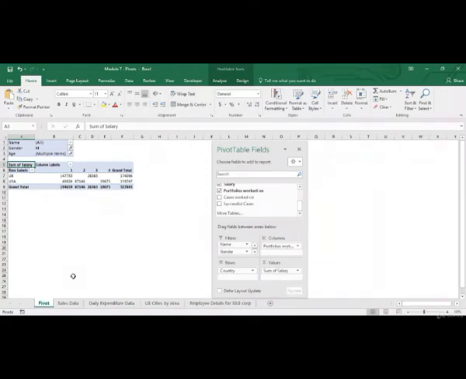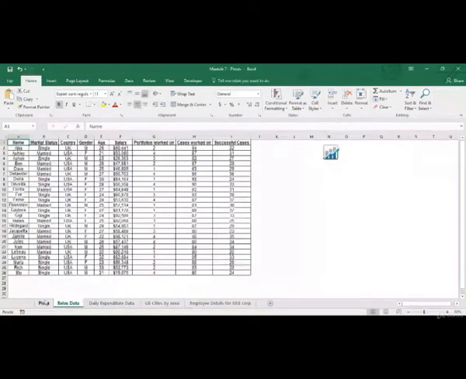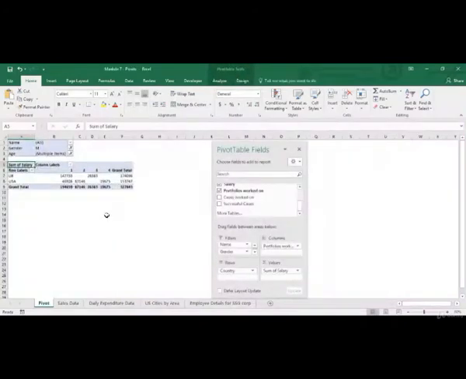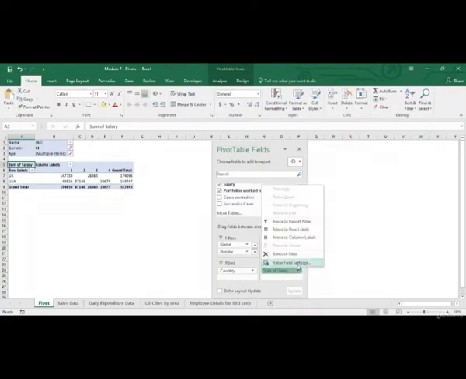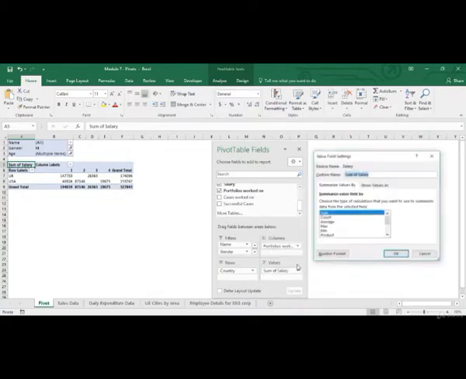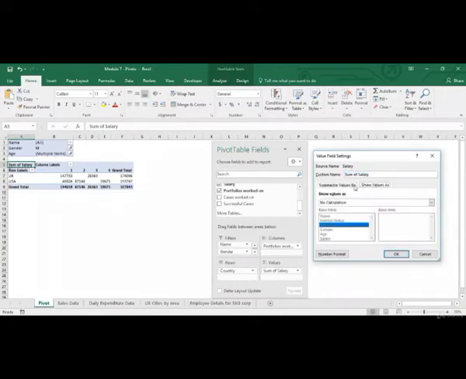Now what I want you to do is, using this sales data, create a pivot table similar to this and then just play around with these different options of filter, rows, columns, or different values. In the next session, we'll look at formatting a pivot table and we'll also look at value field settings. So summarize values by and show values as options.